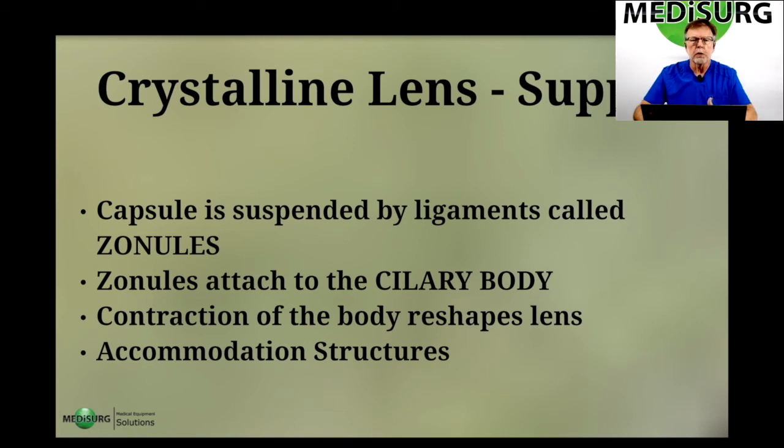So when you get older and you're in your 40s or 50s and you can no longer really focus your lens, it's not like there's anything wrong with the ciliary body or the zonules. It's that your lens is now hard. So the zonules are being pulled on, the ciliary body's trying to focus, and it's just not happening. So in that situation, you're starting to form a cataract, or the lens is getting hard. And in that process, you have to start wearing different types of glasses,